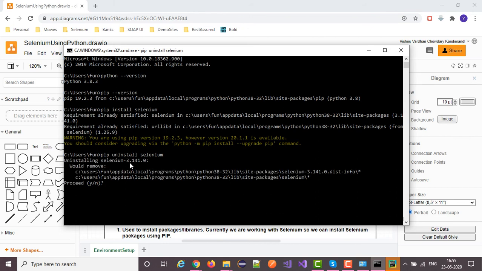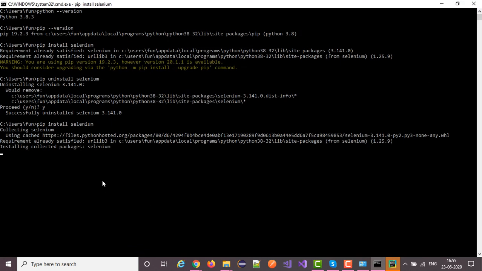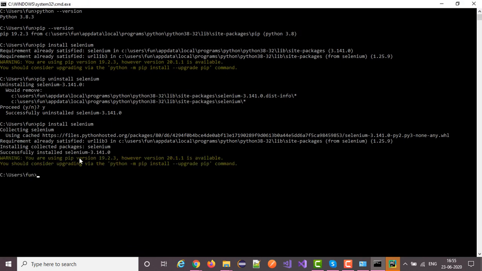So Selenium 3.141.0 will be uninstalled. Let me reinstall it once again. Pip install selenium. First it will download the Selenium package, then it will install Selenium.